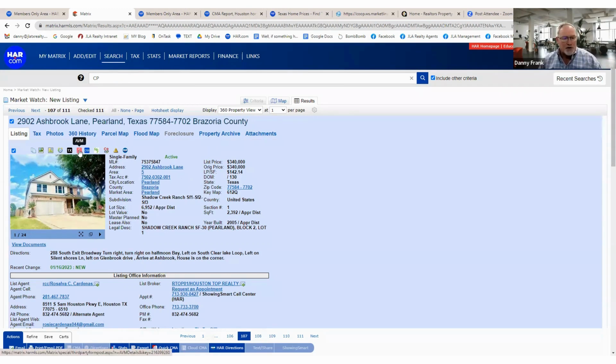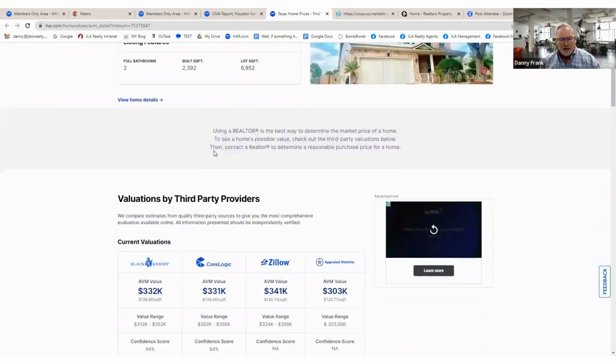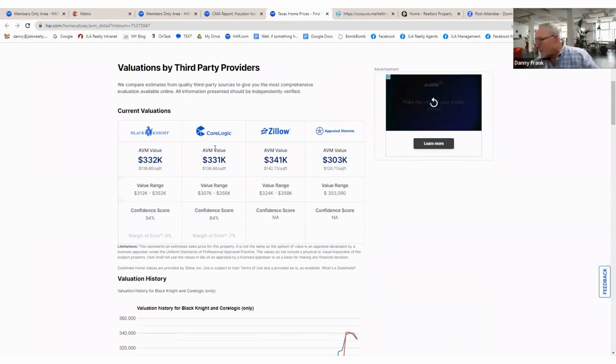So the first one I want to go to is this one right here called AVM. All these things up here are just a great resource. So if you click on that right there, it will bring you to this page right here. In HAR, there's the listing, it comes up. So what I want you to do, I'm going to write down on my little tablet here.